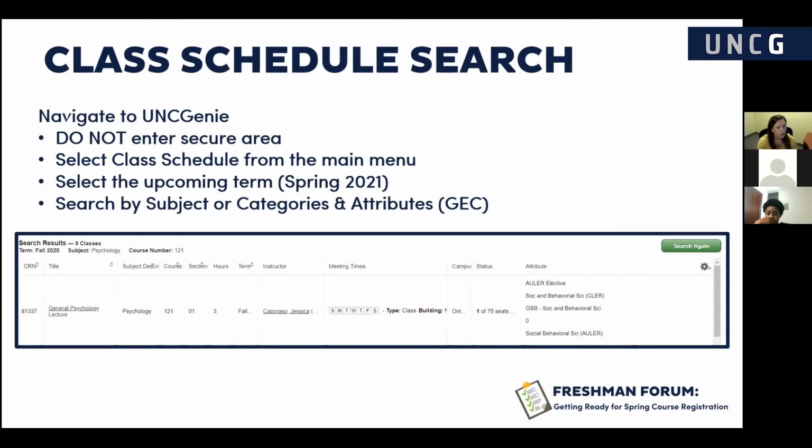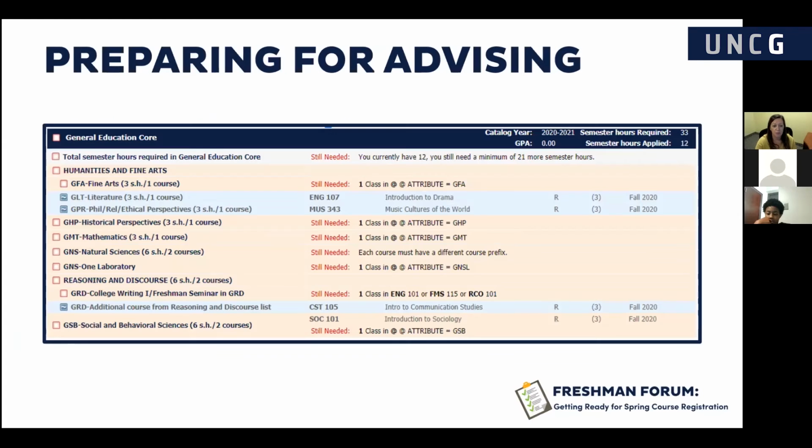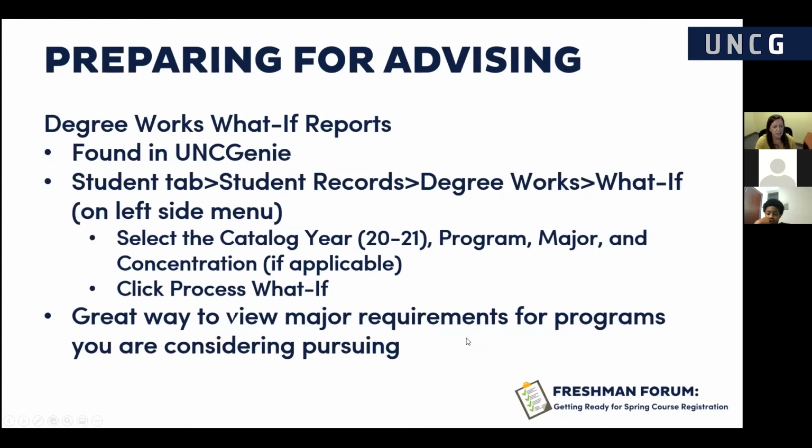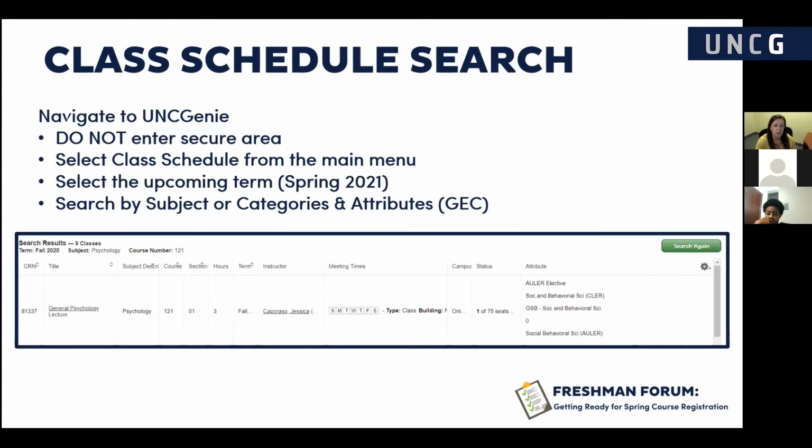And so anytime you're considering taking a course that will expose you to a major a little bit more, you search by the class and then look over to the attribute column and see if it also satisfies a gen ed requirement or a GEC requirement. And so for this student in particular, you can see that they have one more GSB that they need to satisfy. So selecting Psych 121 would be a great option because they're considering majoring in psych. It's going to give them some exposure to the discipline, and it's also going to meet their GSB GEC